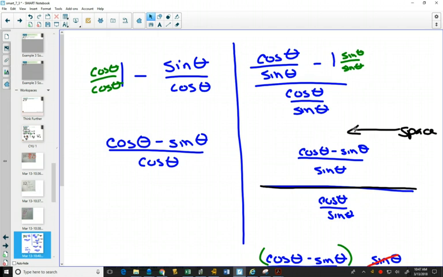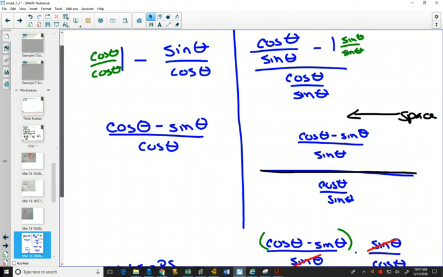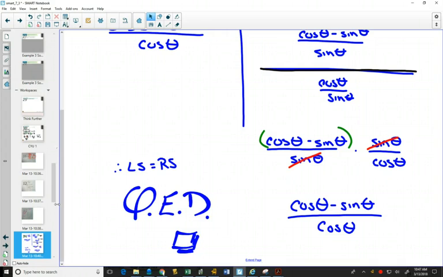And then once I had a fraction on the top and a fraction on the bottom, well, a fraction divided by a fraction is multiplying by the reciprocal. This cos theta minus sine theta, I put green brackets around, that gets grouped together as one factor. But we have factors that are identical. Those will cancel out. And we're left with the exact thing on the other side. Probably the shortest proof that I